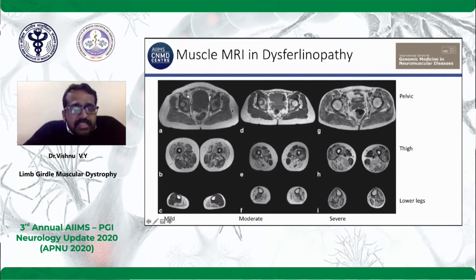So, muscle MRI in dysferlinopathy. Usually you can see involvement in the posterior compartment of the thigh and in the calf. Sometimes you can see it in the anterior compartment also, but it's predominantly the posterior compartment in the calf that is affected. The important thing about dysferlinopathy is whether it is the Miyoshi or the LGMD variant. If you take two patients, a purely distal variant and a proximal variant, and do a thigh MRI, you can see exactly the same changes, even though the patient clinically doesn't have much proximal weakness. So the underlying genetic abnormality is the same, and the features developing are all the same.